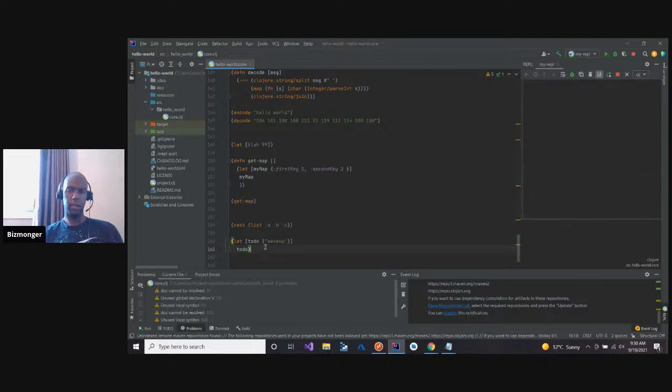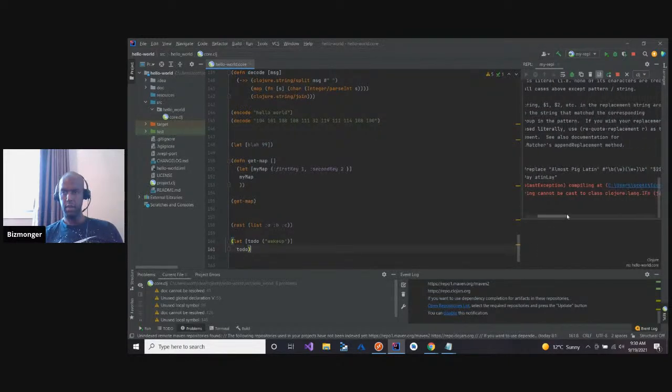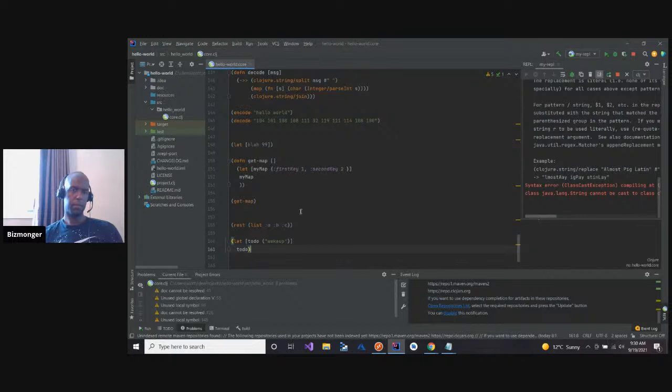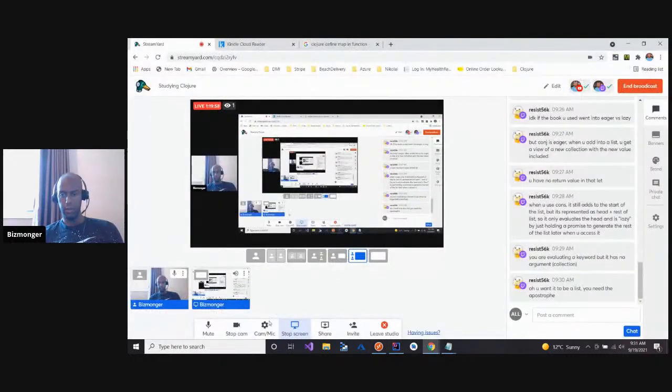Why is a string giving me errors? Cannot be cast to clojure.lang.IFn. I'm so confused, man. This is the most annoying.